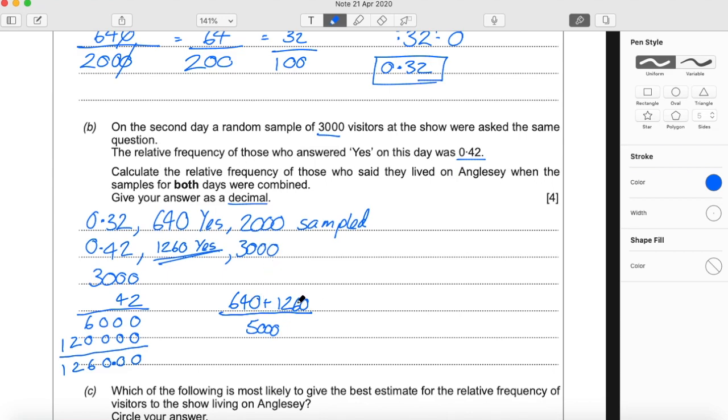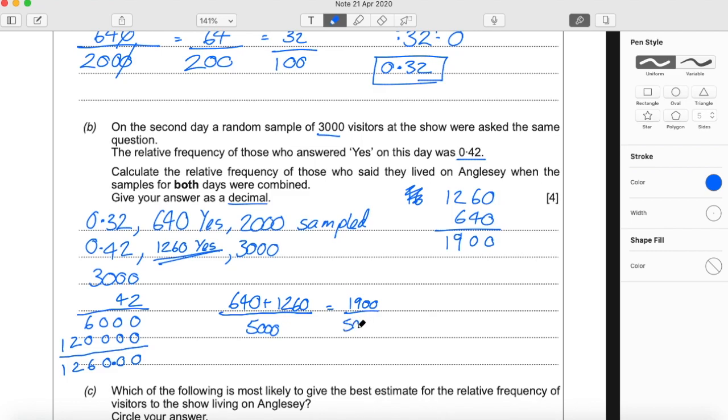So we just need to add 640 plus 1260 and divide that by 5,000. I'm just going to add down the columns to keep it nice and straightforward. 0, 6 plus 4 is 10, carry the 1, 6 plus 2 is 8, plus 1 is 9, so that's 1,900 people